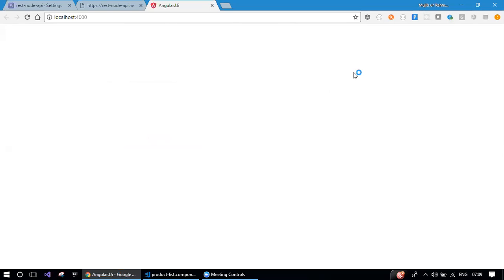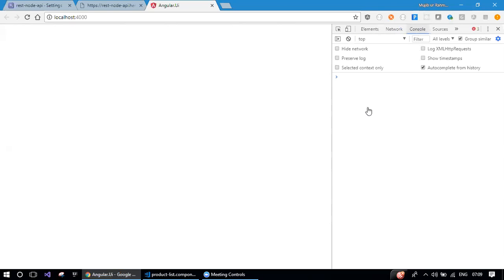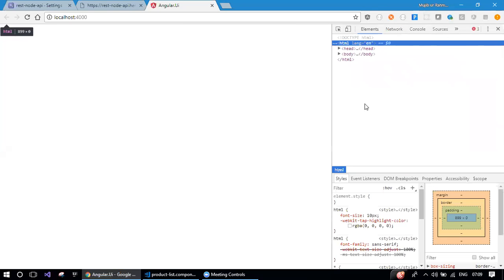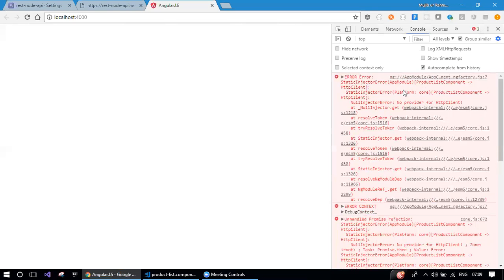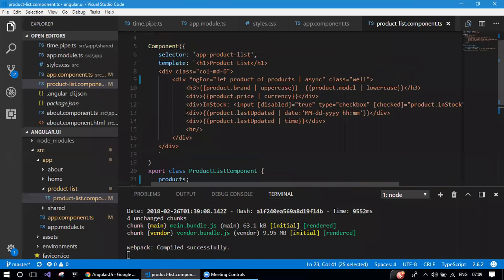So inspect it, go to console. Probably we might have missed something. Here it is. It says there is no injector for HTTP client or no provider. What this means is we are using this HTTP client here, but it is not available in our project, which means your Angular application is not able to figure out what this HTTP client means because it is part of a different module. Go to app.module.ts